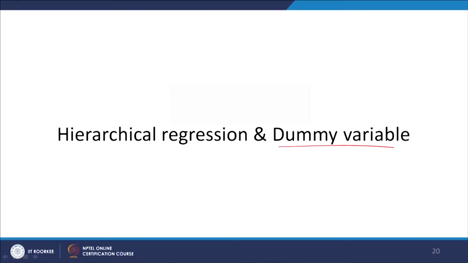So, the hierarchical regression technique is basically used to enter the data into the regression equation in a blockwise manner, developed on the basis of some theory or some logic, right. That means the computer does not do it for you; rather it is based on certain logic created by the researcher, from some past studies or something, right. And today I will also explain a special case of regression called the dummy variable regression, which is highly useful for researchers in one way or another, right.